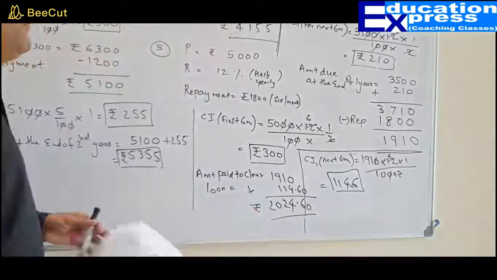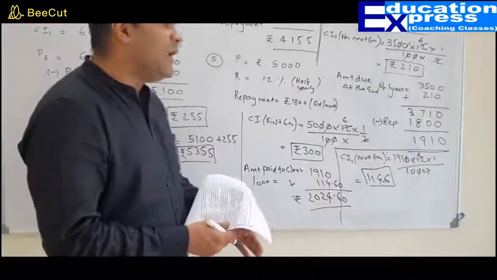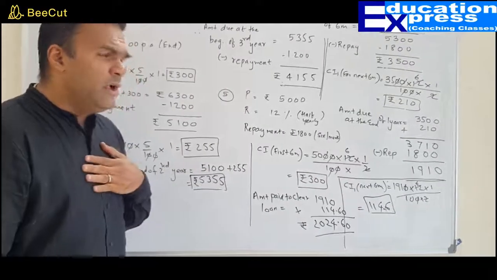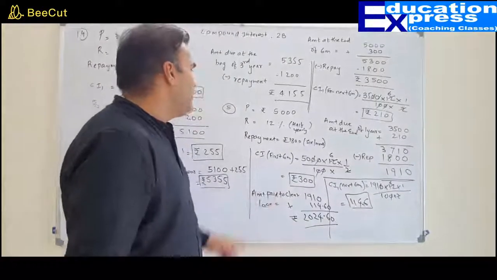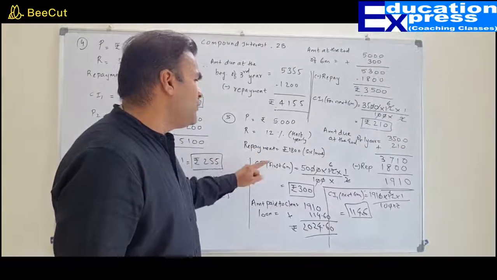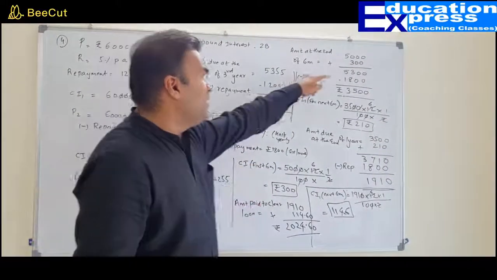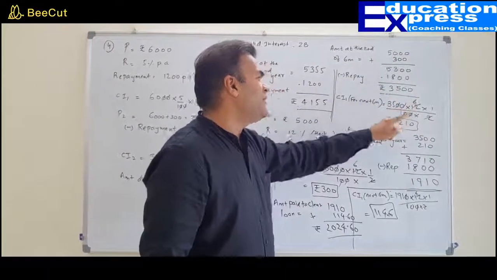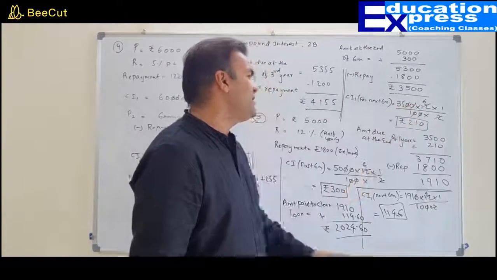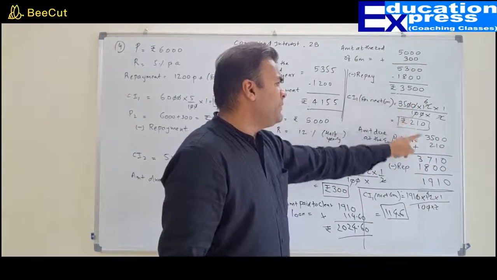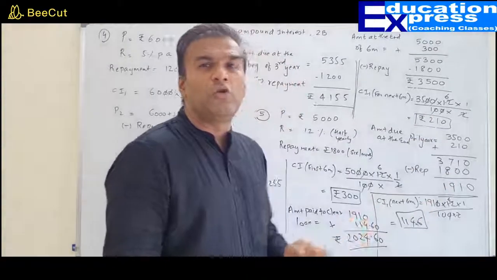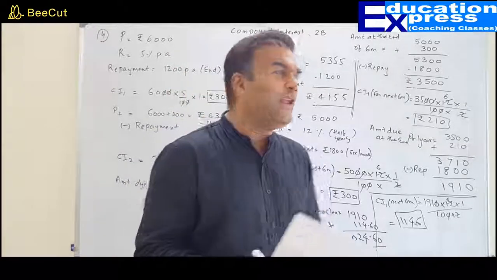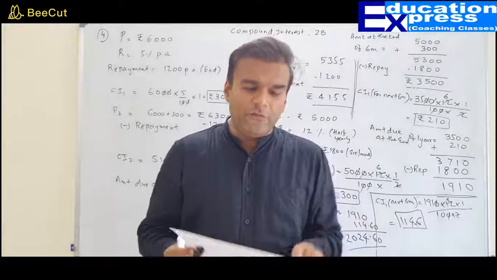In fact this question could have been done by you only because it involved 6 month time. I'm sorry, excuse me. So I thought of doing it. So every time I'm finding out the interest for the 6 months, add to the principal, repay. Again, your next principal is ready. Calculate interest at the rate of 12% for 6 months. Found out. Added to your principal. Again repay. Again the same process goes on because the amount needs to be found out at the end of 18 months. With this, your fifth question also comes to an end.